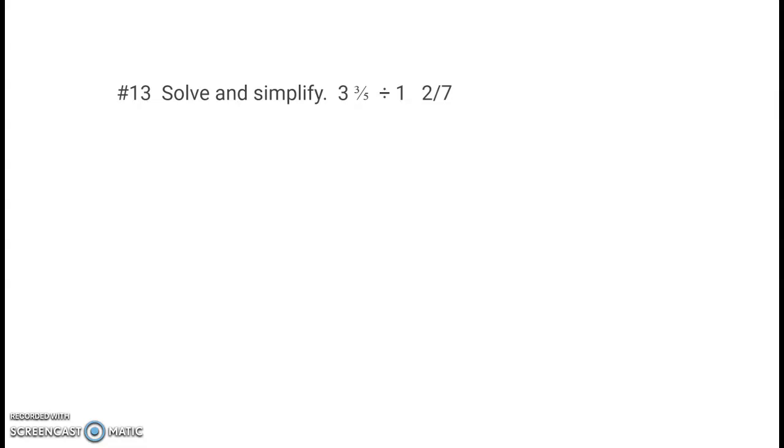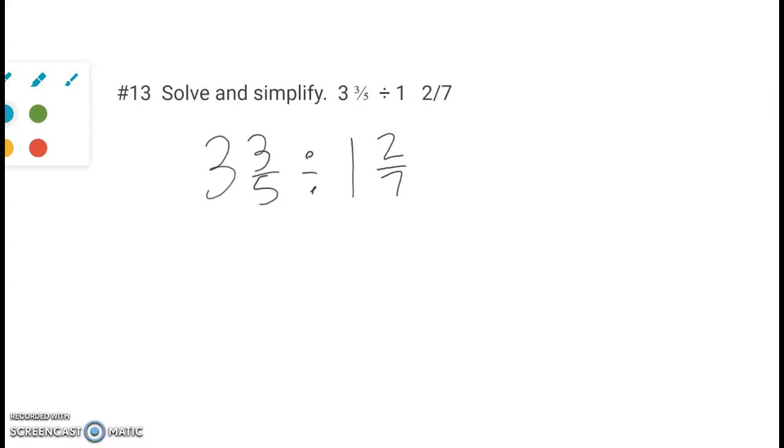3 and 3/5 divided by 1 and 2/7. So I have two mixed numbers, and in order to divide those, I do need to change them first to improper fractions. And I'm going to use the get mad strategy and multiply, then add, multiply, then add, keeping my